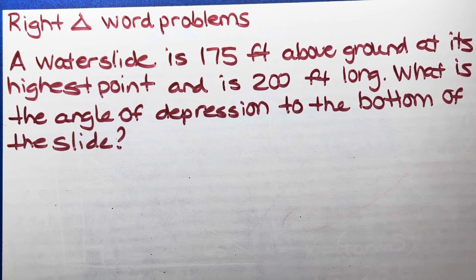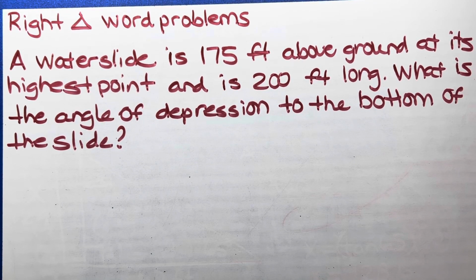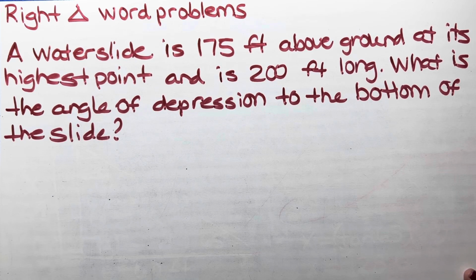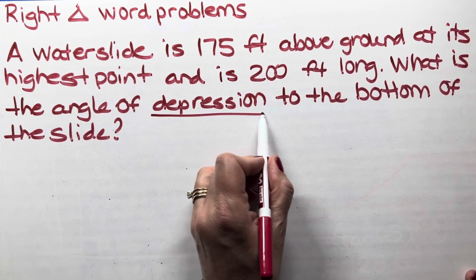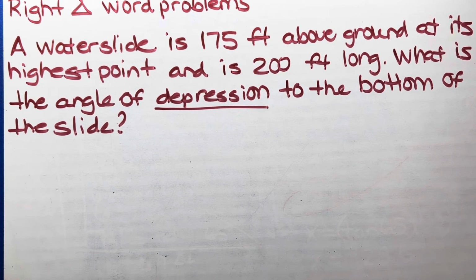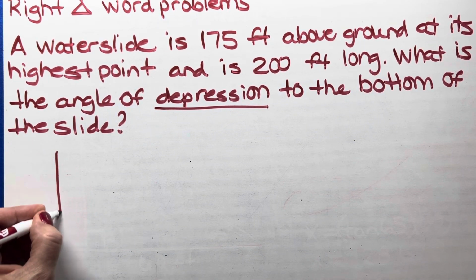So today the problem says a water slide is 175 feet above the ground at its highest point and is 200 feet long. What is the angle of depression to the bottom of the slide? So let's get a diagram going. So I'm going to draw,